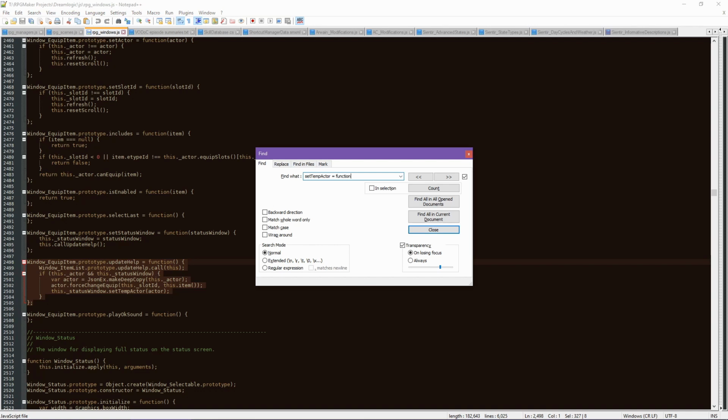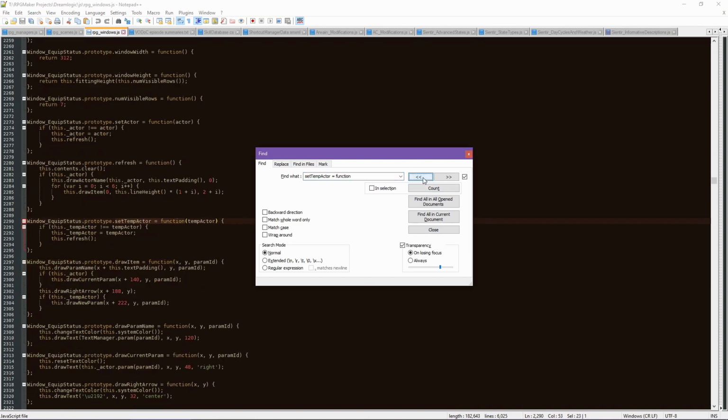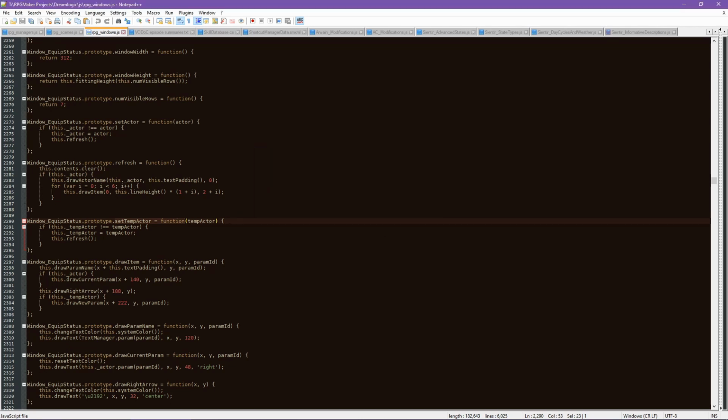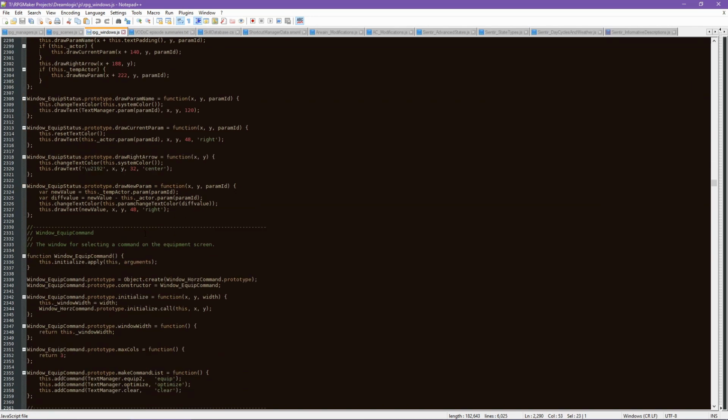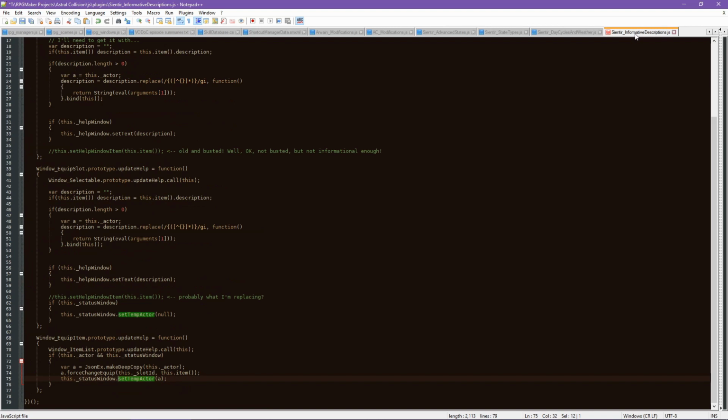Set temp actor equals function. Okay. So that's probably equip status. Okay, so this is the only instance of this. So this is probably the function that I would need to do. Oh, okay, I see. Draw item. Wait, am I looking at the... Oh, I'm probably looking at the wrong thing. So, wait, now I'm confused. The status window...